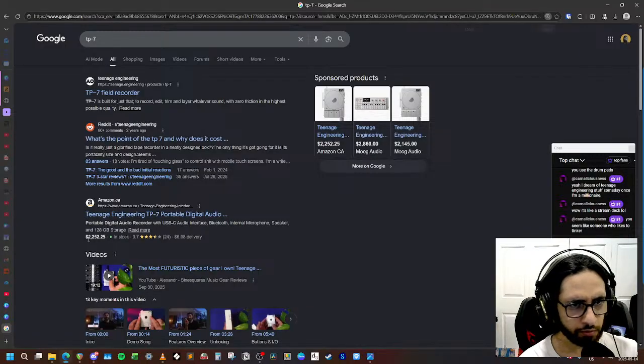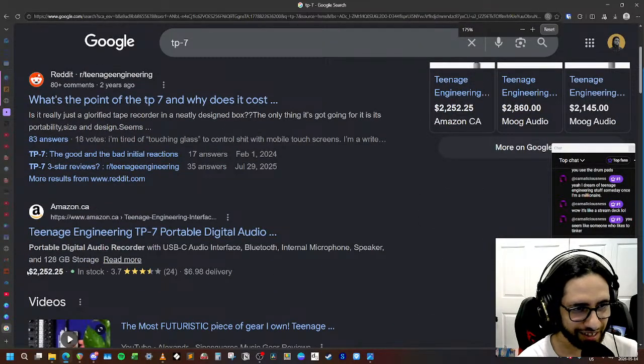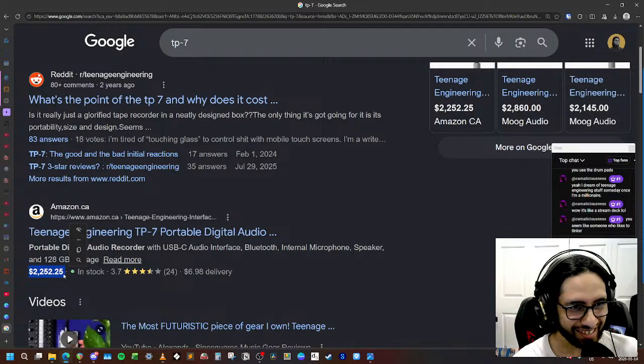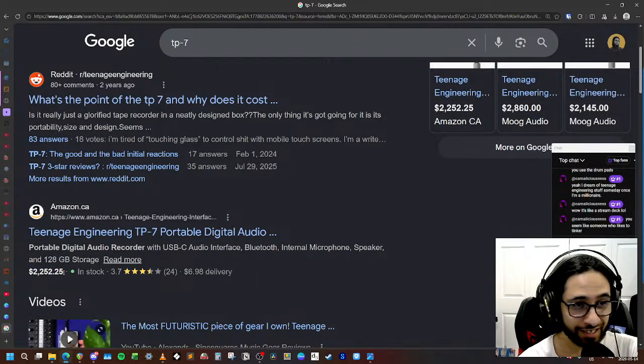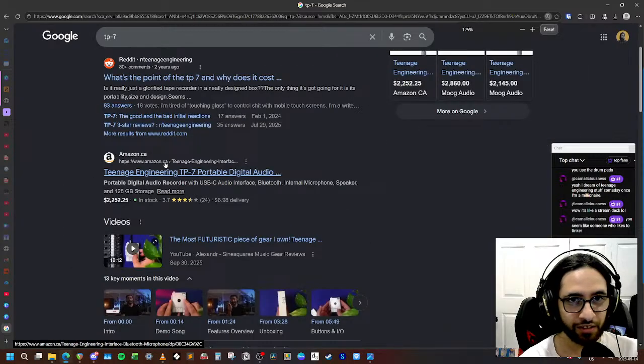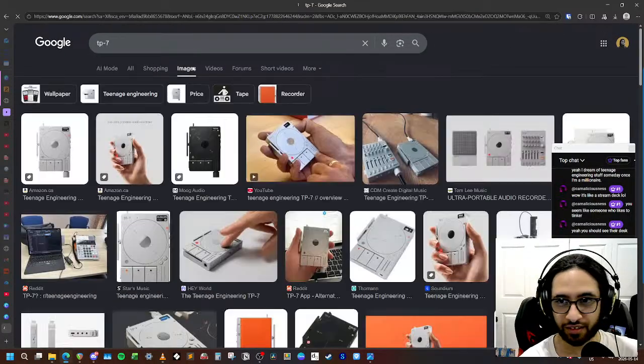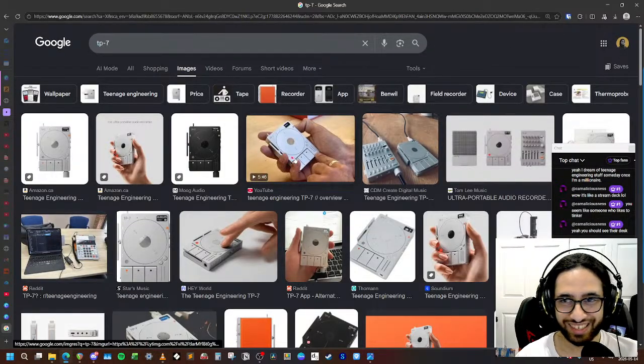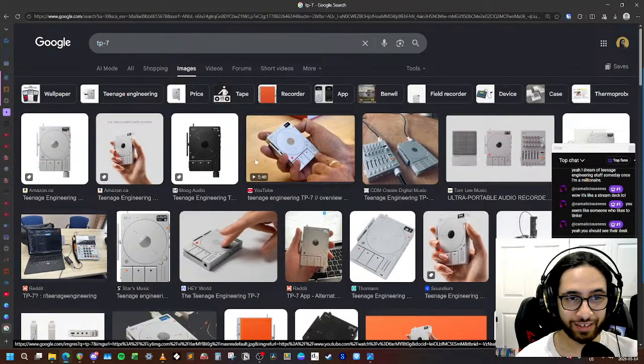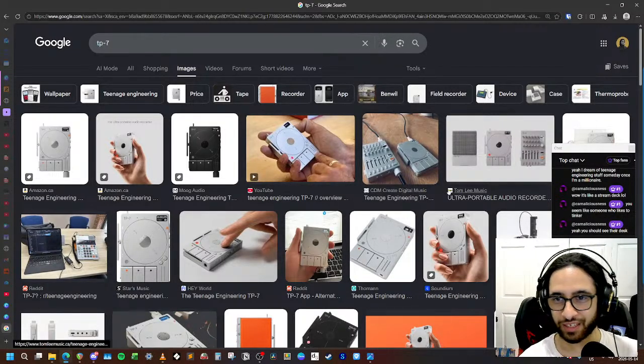Yeah, 2000. Are you seeing this? I think that's Canadian dollars, but still that's insane. For a device that fits in your hand, that's more expensive than the newest iPhone. That's crazy. You should see their desk.